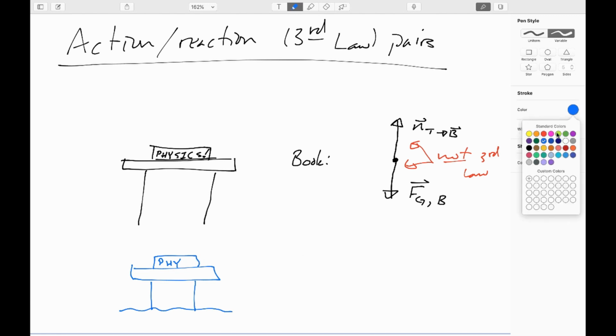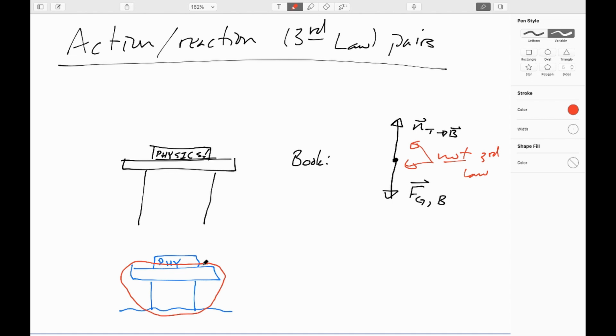So now if we draw a force identification diagram for the table, there's no way we can draw a circle around it without it cutting through both the physics book and the Earth. So if we draw a free body diagram for the table,